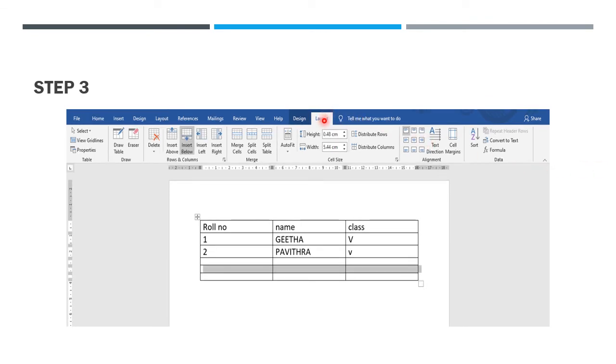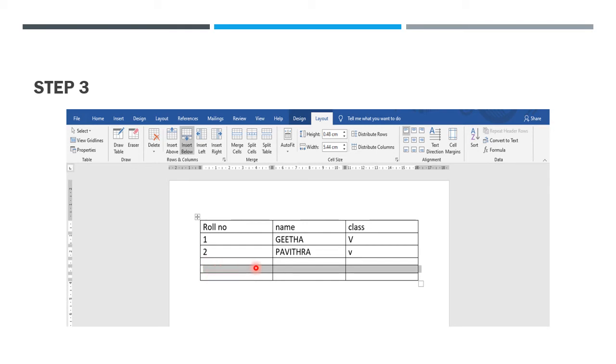After clicking it, see here, Insert Above or Insert Below. If you select Insert Above, the row will be inserted above. If you select Insert Below, the row will be inserted below. Here I have selected Insert Below. So that's why the row is inserted below in the table.